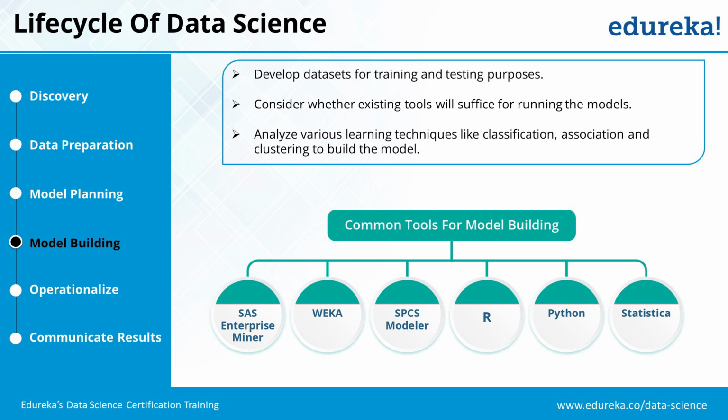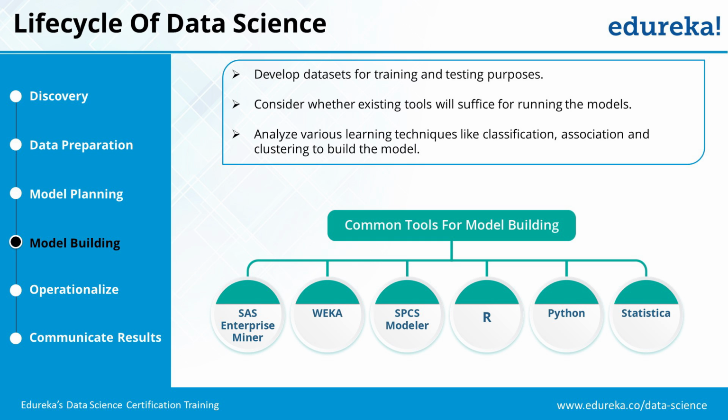Next part is about model building. Here, like I said, we separate the data into two parts. There is one part called the training data set, on which we actually do our model building. We create our model and we test it. We identify the hypothesis, and then there is a testing data set which we use for validation. So whatever model we have built, whether it is correct or not, we verify it on the testing data. We do it in this phase, where your model actually matures.